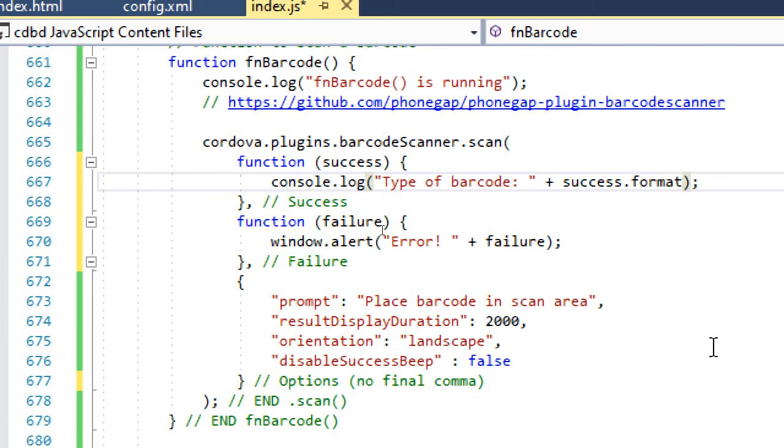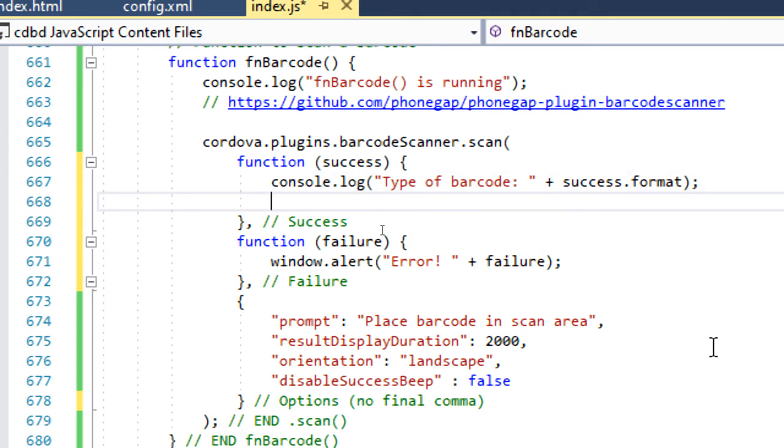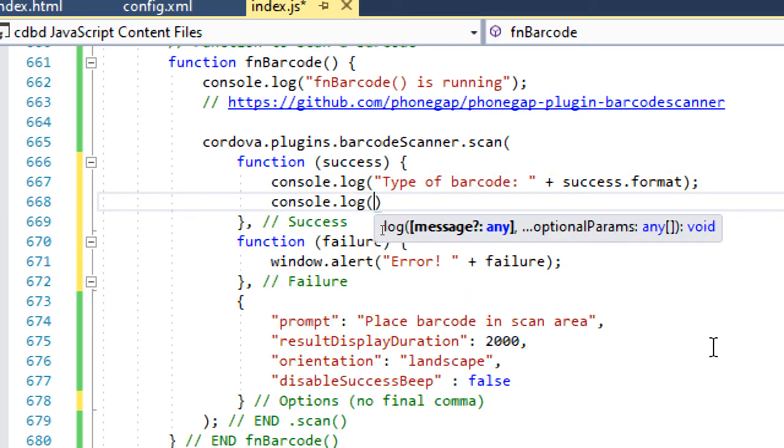We just saw that a moment ago in the documentation. There were various fields that it automatically gives us to work with. One of them is format. If we successfully scan the barcode, there is a format. The data in the barcode